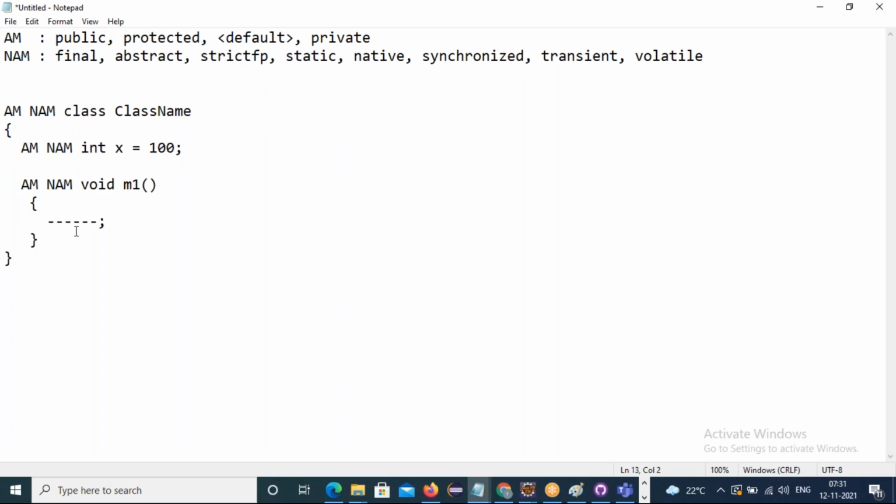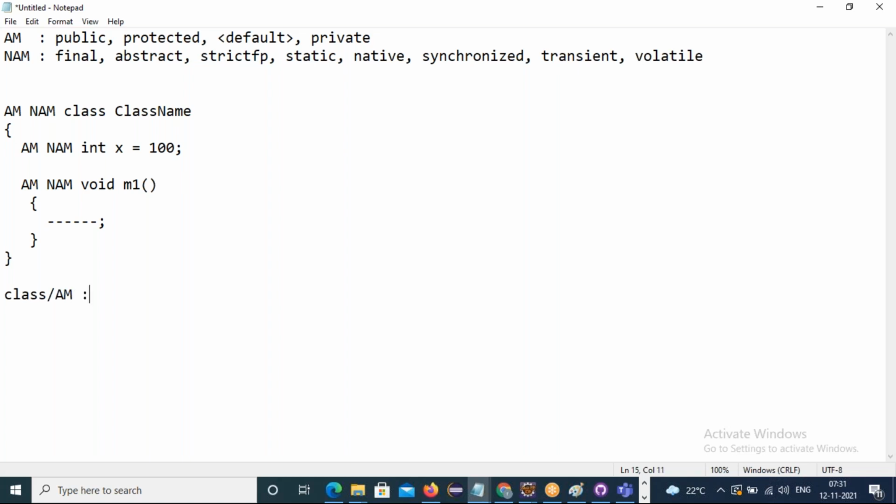But not all the 4, and not all the 8. Very few access and non-access modifiers are applicable to classes, variables, and methods. Which few are applicable to each? Let me show you at a glance.